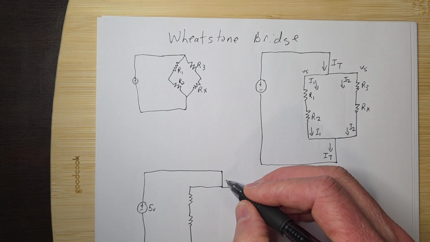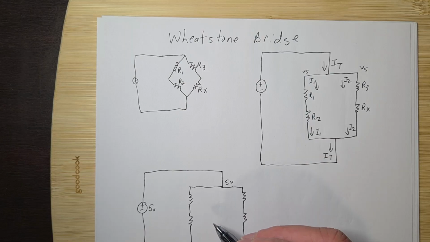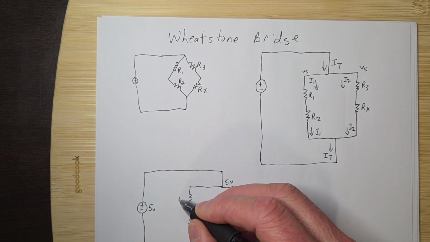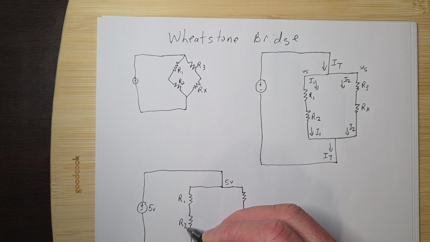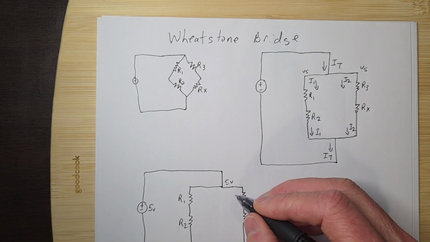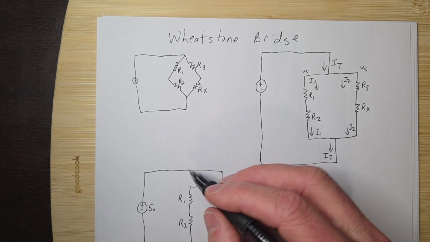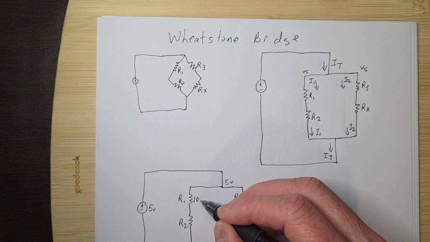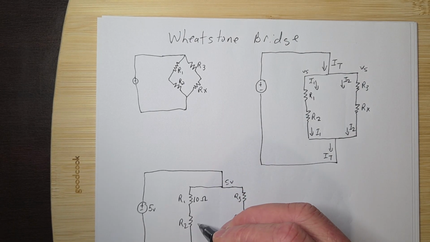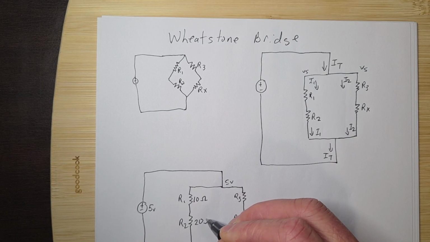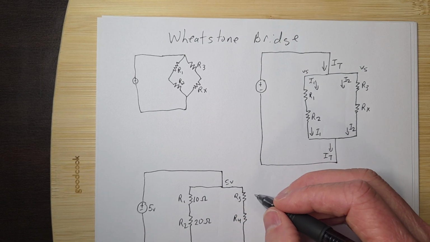So we know this is 5 volts, right? And we know this is R1, this is R2, this is R3, this is R4, right? So this is 10 ohms. We're going to add that in. 20 ohms. And I just picked these values out of the air